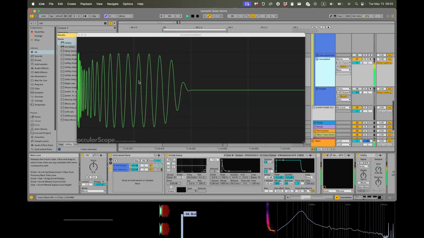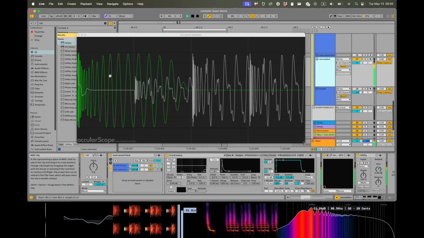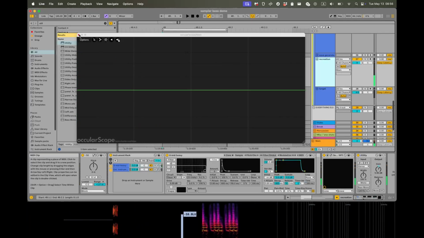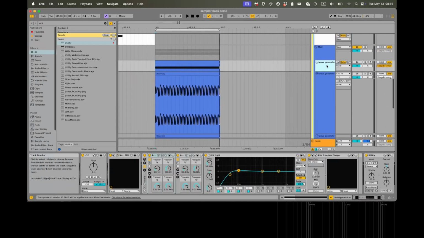So without the bass, we have the kick going through here, and then without the kick, we have this bass here. So there's sub playing here as well. One trick you can do optionally, and this is just up to you, so mix and match what you like more, you can go into your wave generator here